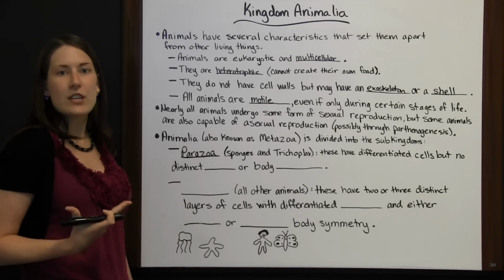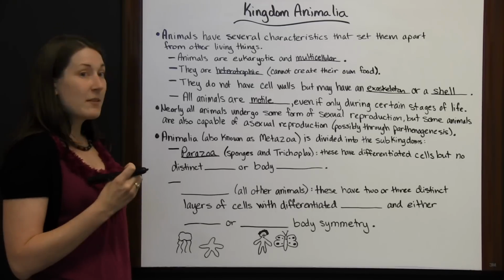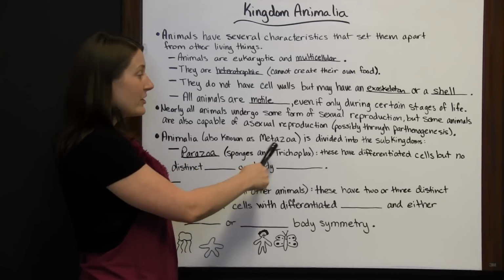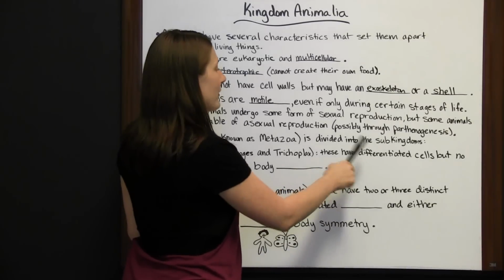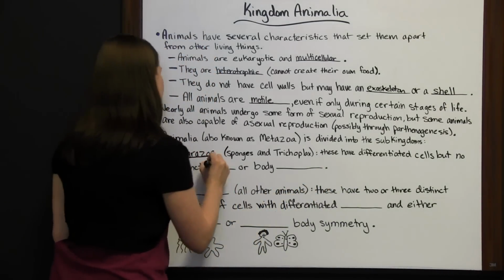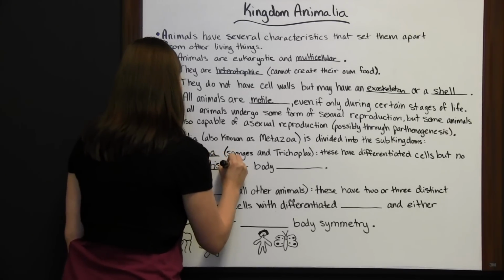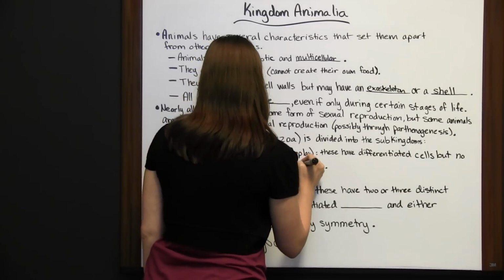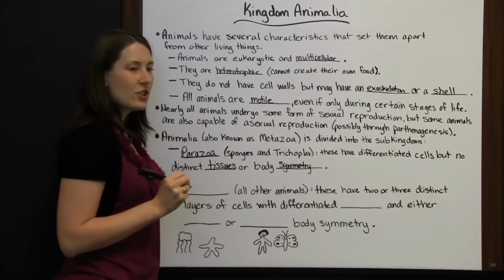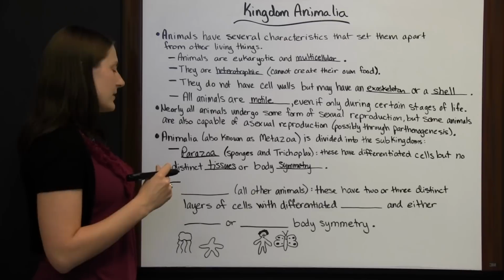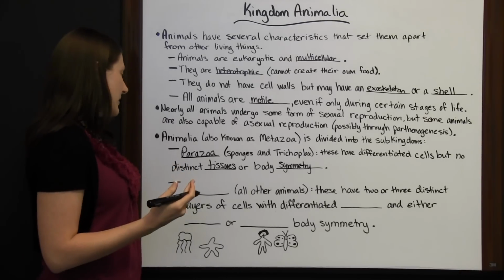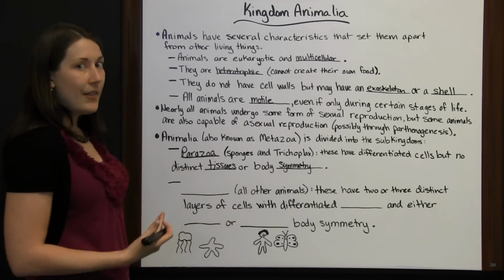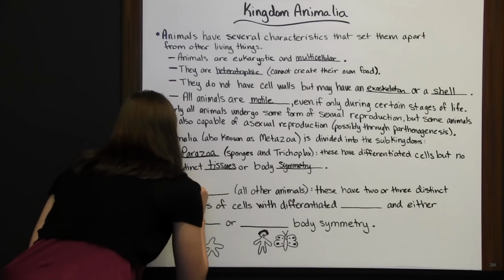It does have differentiated cells. It even has some eye cells on it. So Parazoa, such as the sponges and trichoplax, have differentiated cells but no distinct tissue or tissues or body symmetry. So they're kind of oddly shaped. Where most animals you would be able to see some symmetry, there is no symmetry as far as Parazoa are concerned. Now, all other animals are put into the subkingdom